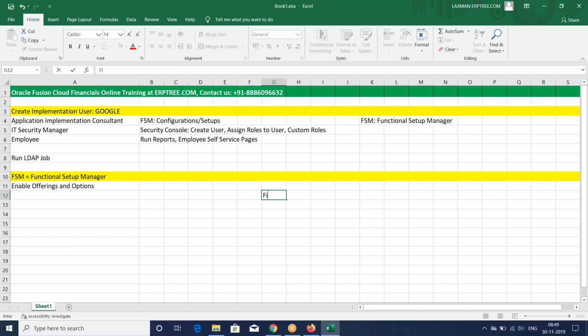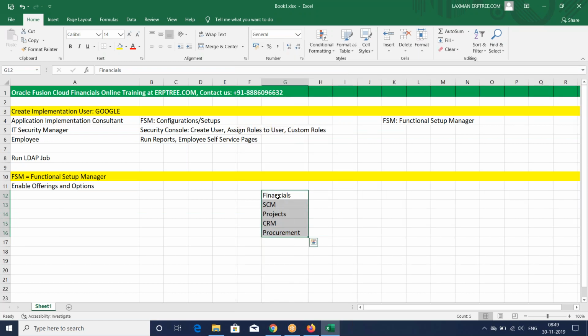Say we have application product families like financials, SCM, projects, CRM, procurement. These are the different product families, which allow us to run specific business flows. So these product families, as per FSM in Fusion application, we call as offering. Financials we call as offering. The same way SCM also we call as offering, and projects, CRM, procurement, the set of applications we call as